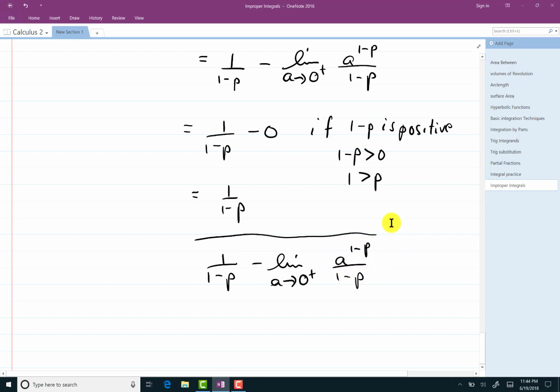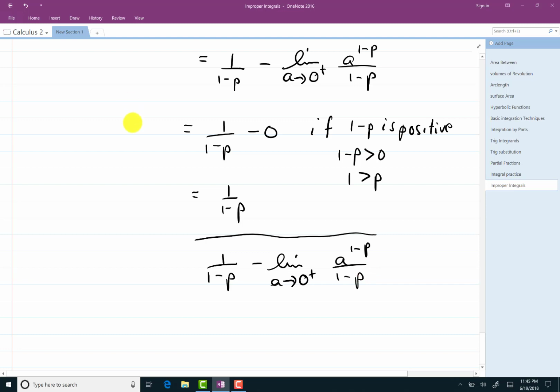Now, this time, if 1 minus p is negative, think of something like x to the negative 2 or x to the negative 1. If it's negative, I can rewrite it as 1 over x to the p minus 1. Well, what happens then is that x equal to 0, the y-axis, will end up being an asymptote. And this will go to